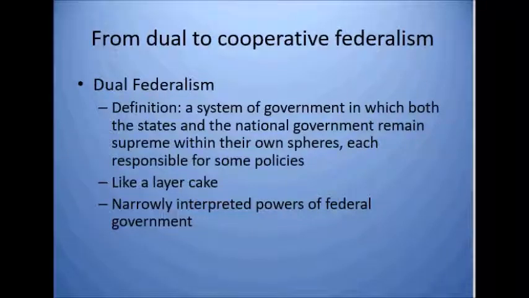Although the outcome of the Civil War established the supremacy of the national government, the debate over the division of authority has continued to this very day. In dual federalism, which ended in the 1930s, the state government and the national government are viewed as separate entities, like separate layers in a cake. Sometimes you'll hear this called layer cake federalism. The federal government and the state governments didn't do a whole lot together. The federal government took care of their responsibilities and didn't involve themselves with state matters. Then we have